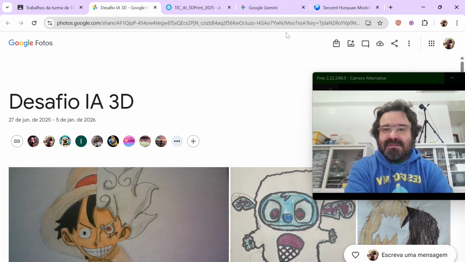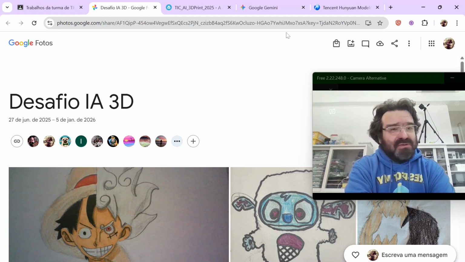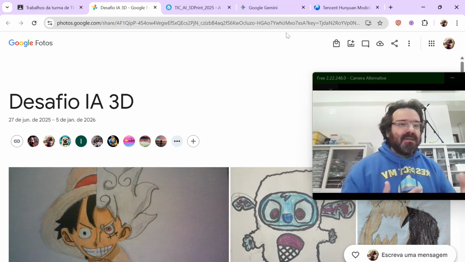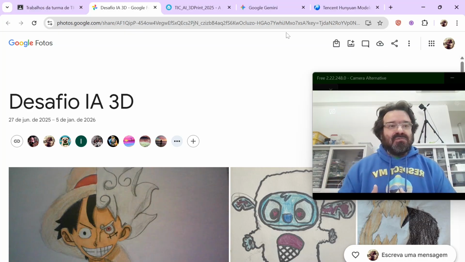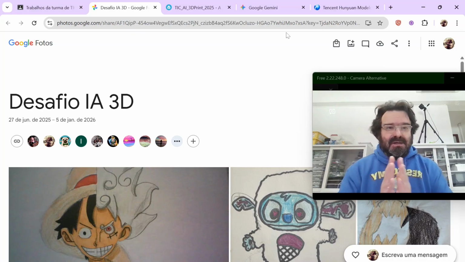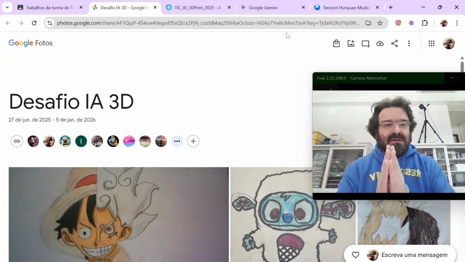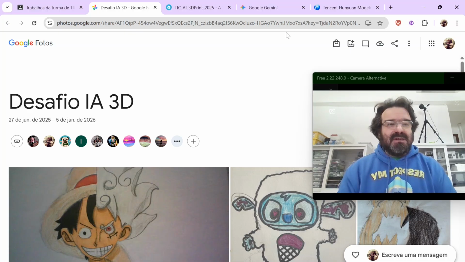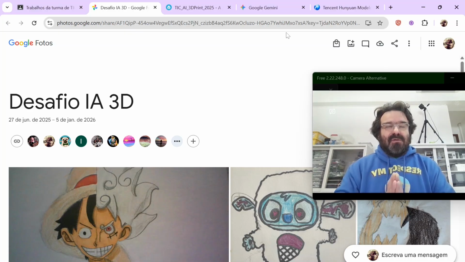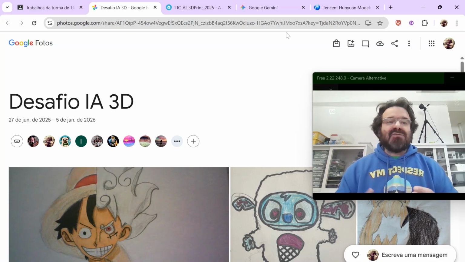Bear in mind that the very first objective of this activity is to challenge my students to understand that they can use AI creatively, not just as a prompt and output machine, but to use these tools to support their own creativity. So, first and foremost, the main rule for this activity was that all 3D projects had to be